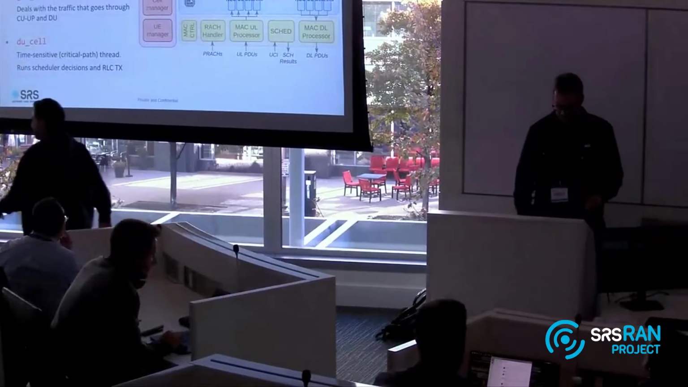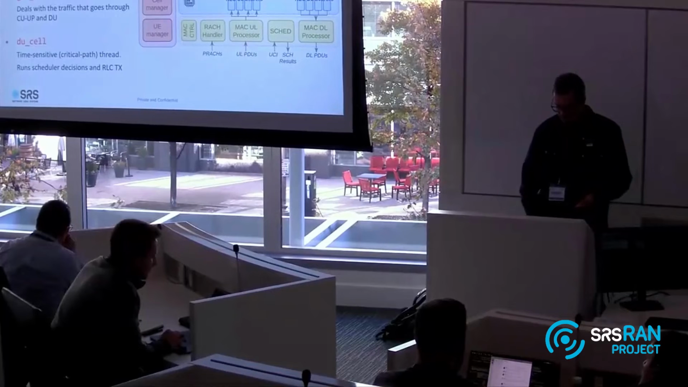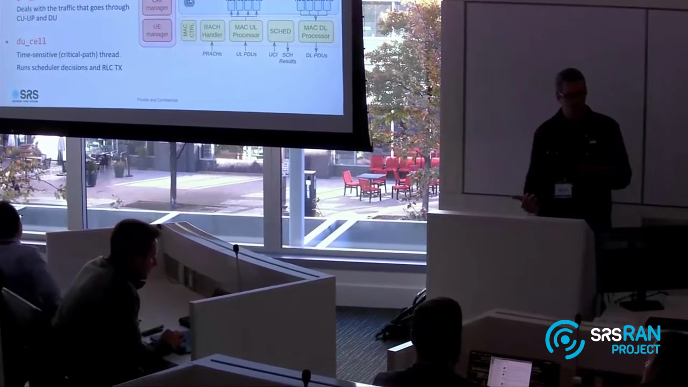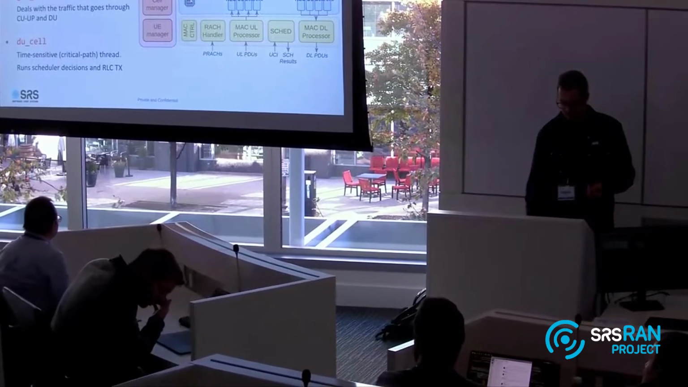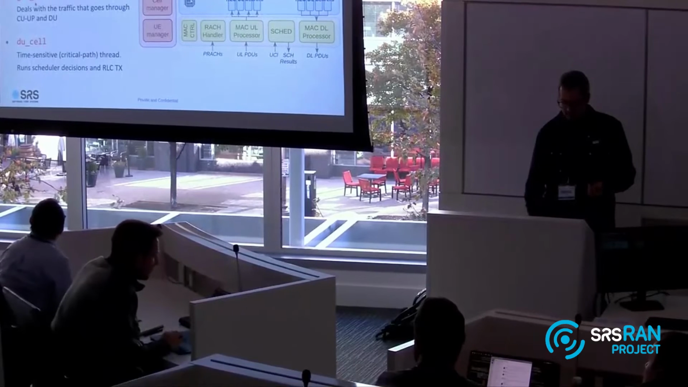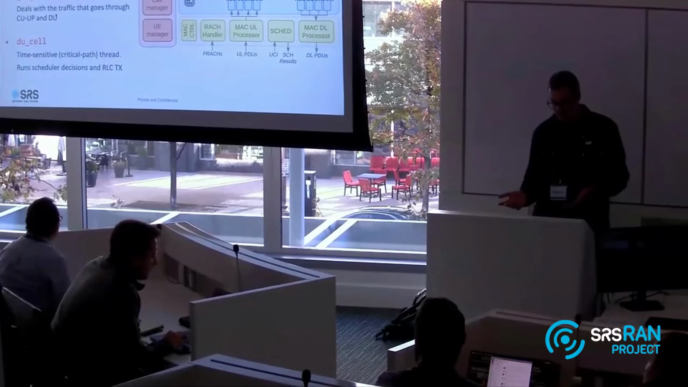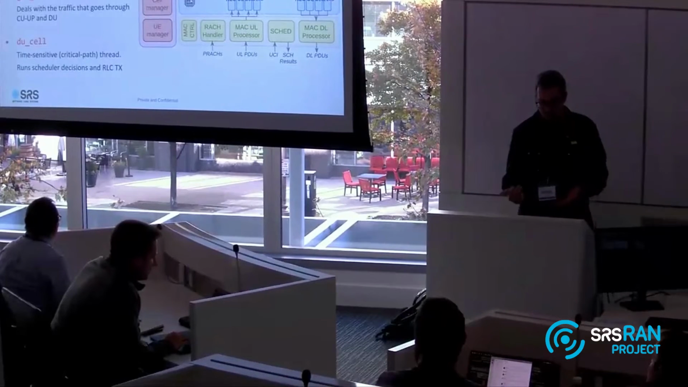We'll see that later. The G0B control deals with the CUCP and the configuration of the UEs in the DU. Typically, this thread runs at low priority. It's not very time critical. The G0B UE deals with the traffic, essentially the user plane that goes to the CUUP and the